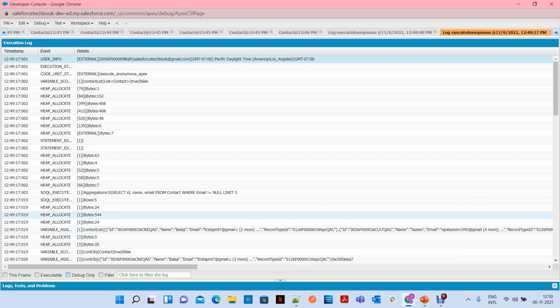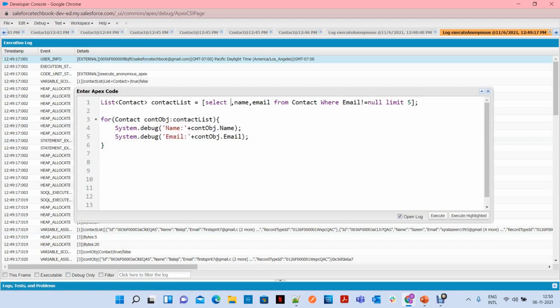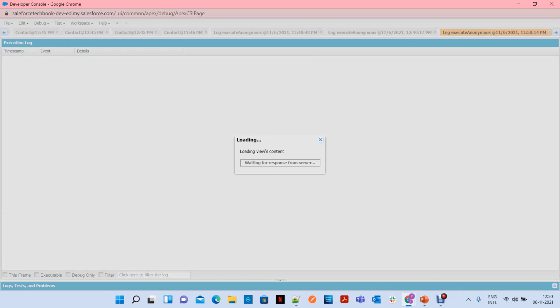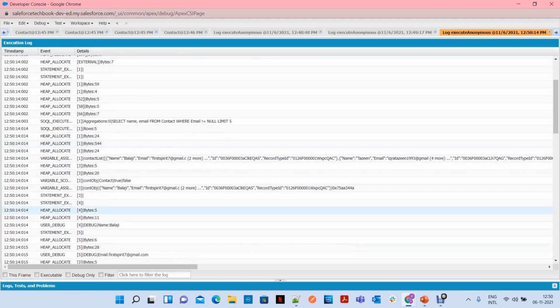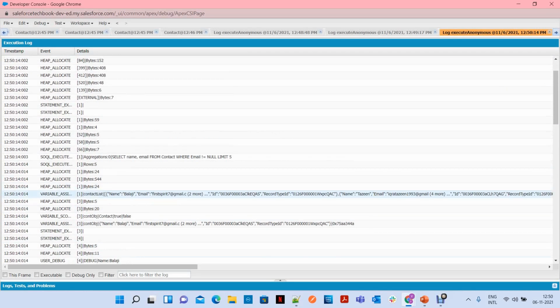And you may have some doubt. I didn't query the Id field, but I'm still getting the Id field, right? Let me show you this also. Sorry, you have to query whatever you need here. If you observe, you are getting the Id field also. Even if you are not querying the Id field, you will get it, but not in the case of other fields. We are getting the record type Id also.